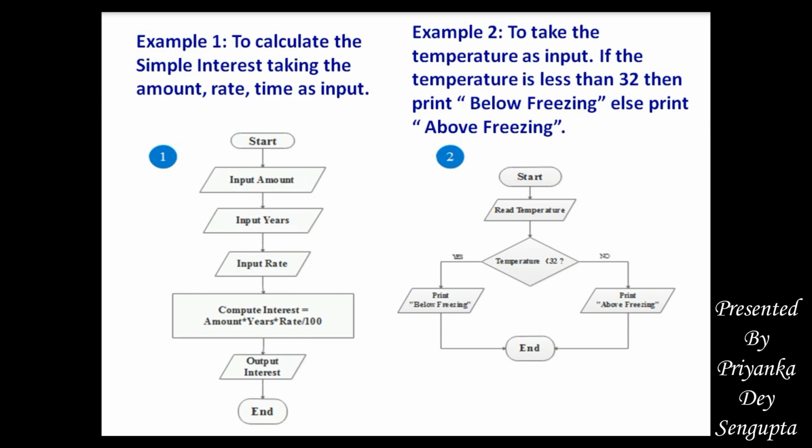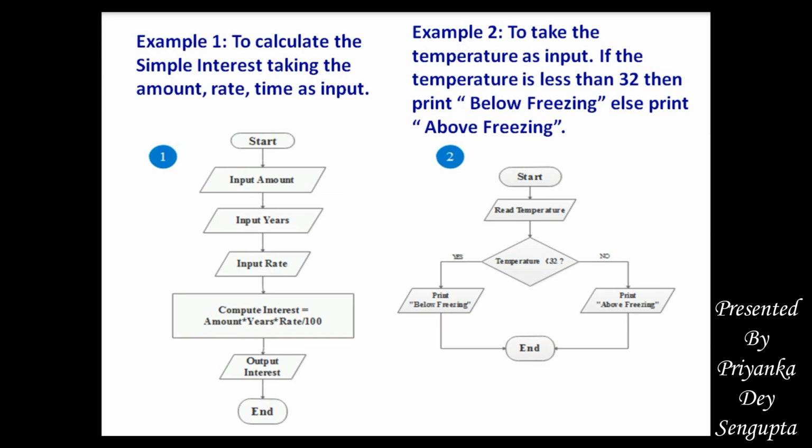And finally we are ending with the flowchart. You see all the lines are connected with arrows or flow lines. So from top to bottom we are moving in a line. Start, input, then compute, then output, then end. So there is a flow line, or we are showing the line of the flowchart using arrows, the flow of the flowchart.